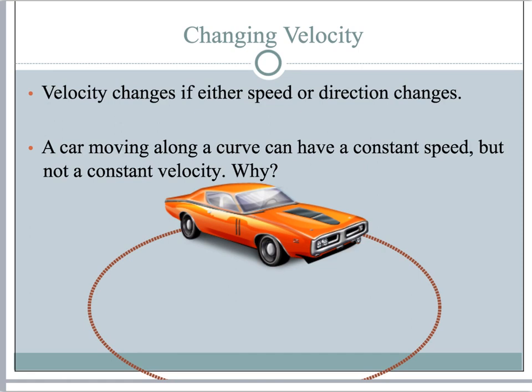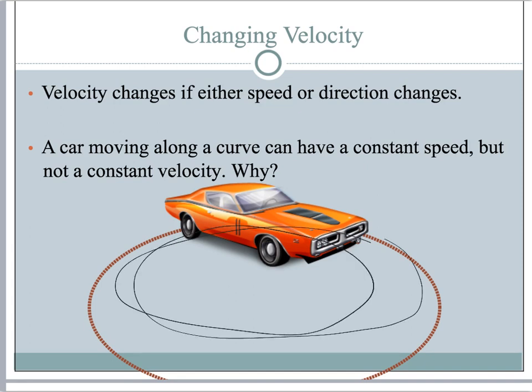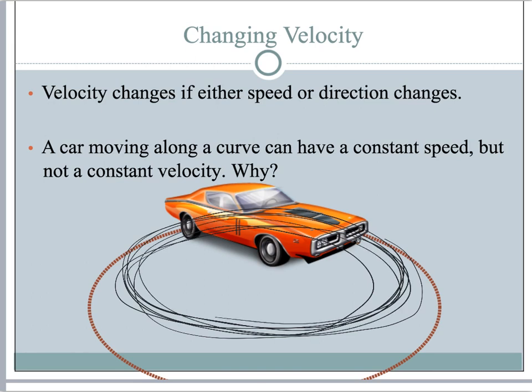Your velocity is changing. So a car moving in a circle, like the one you see here, might be going, say, 10 miles per hour in a circle. You cannot say, well, 10 miles per hour in a circle is constant. Yes, the speed is constant, but the direction is constantly changing. If you think of circular motion, at this point, what's the direction of the car? It's that way. At this point? It's that way. What's this direction? It's going that direction.